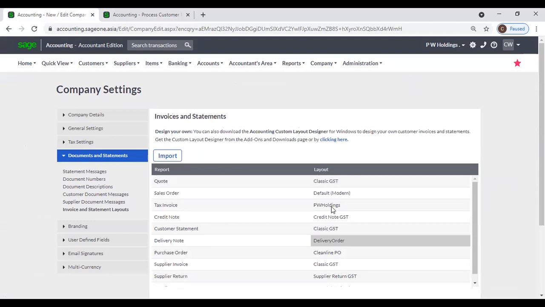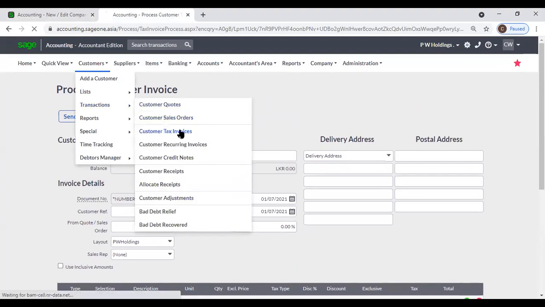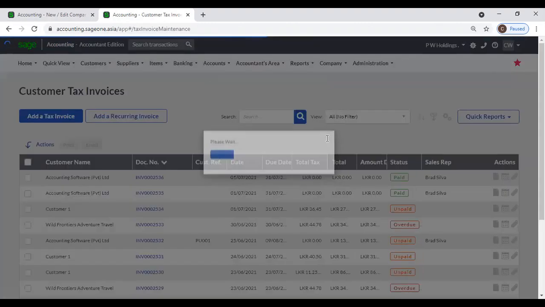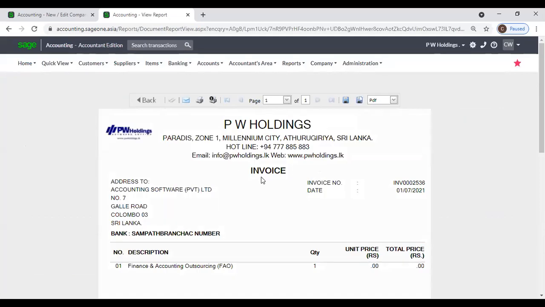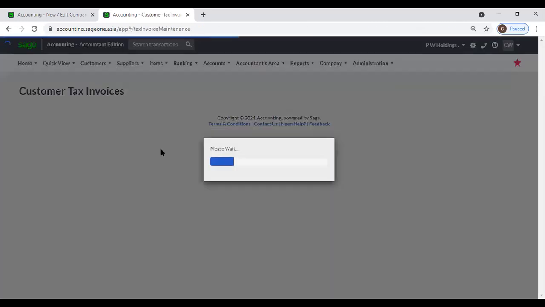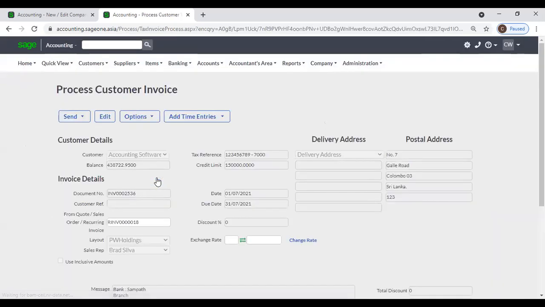Now, from here, after you create your invoices, you can print your customer invoice or customer transactions. Like this, you can view your document. Now, actually, there are a few layouts available, and